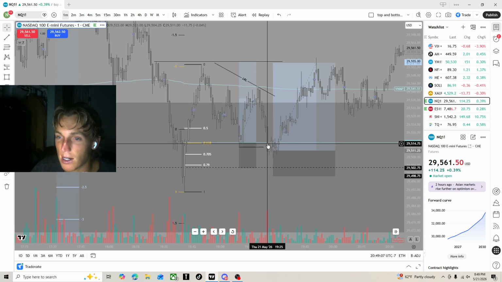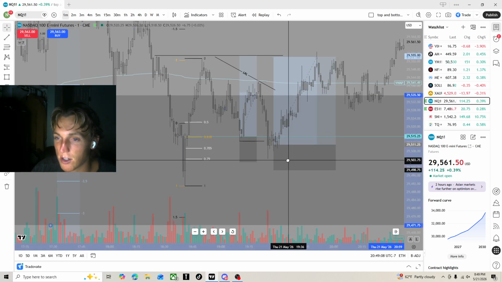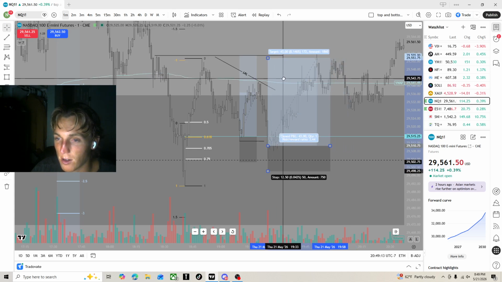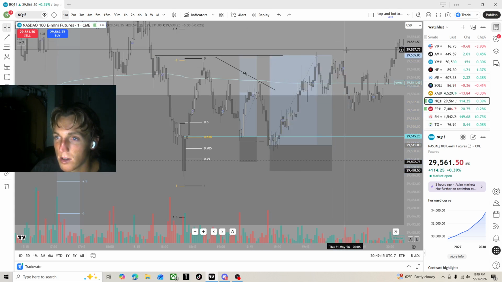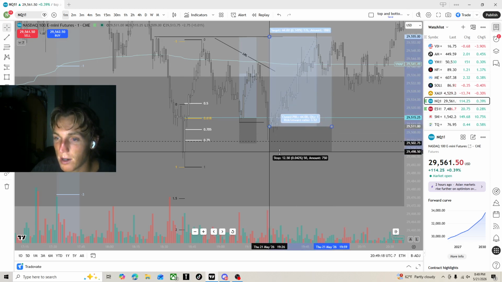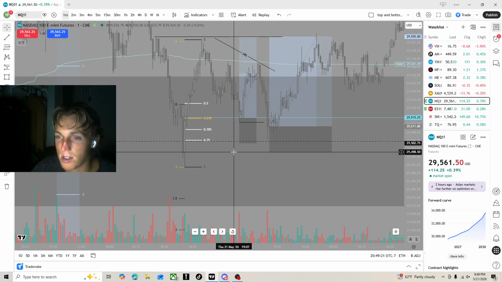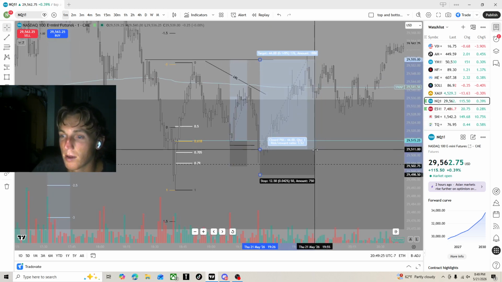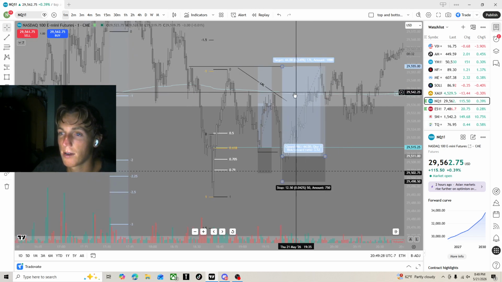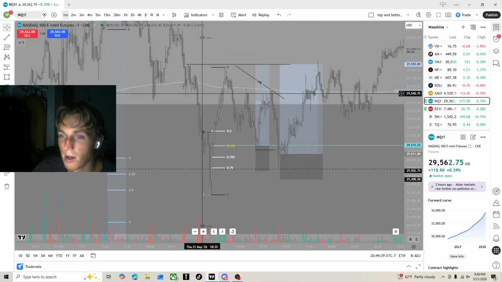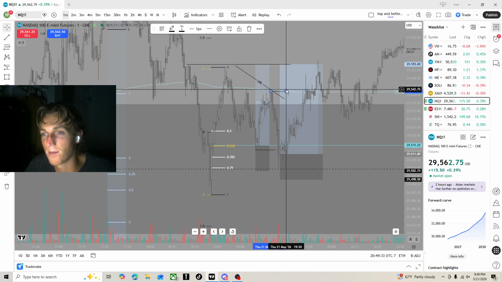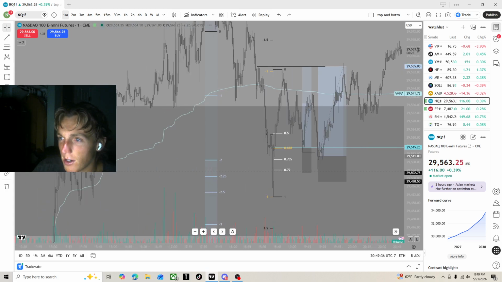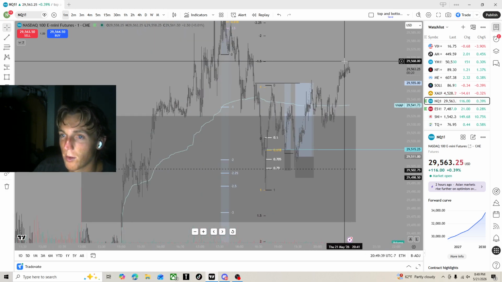So obviously I got break even here, and we got this rejection wick, and I just literally took my entry off the close of this candle. Same TP, 12.5 stop loss, covers the 0.79, basically a perfect stop loss. And yeah, you can see this one just ran all the resistance liquidity. Break even was right here, just ran straight through it, and that was a beautiful trade. And we're continuing to run higher. We have the 1.5 right here,